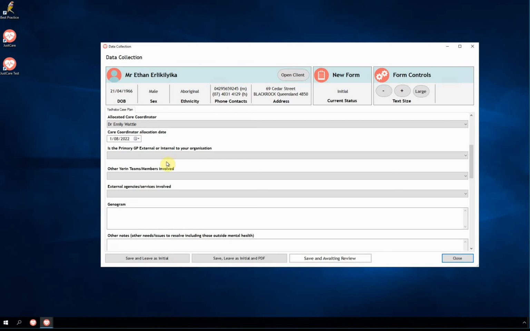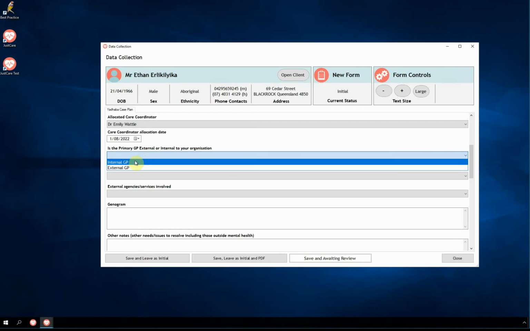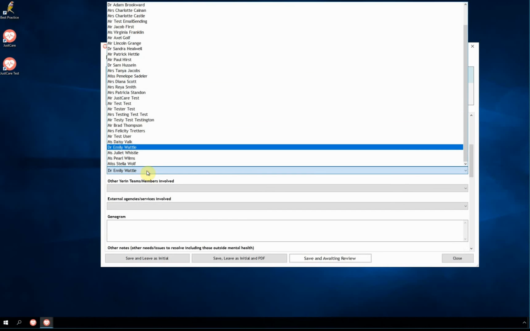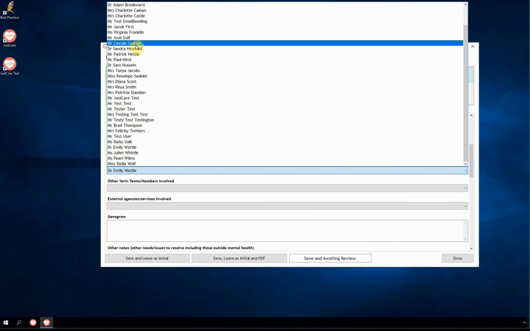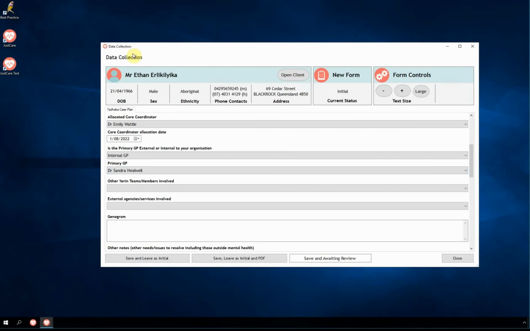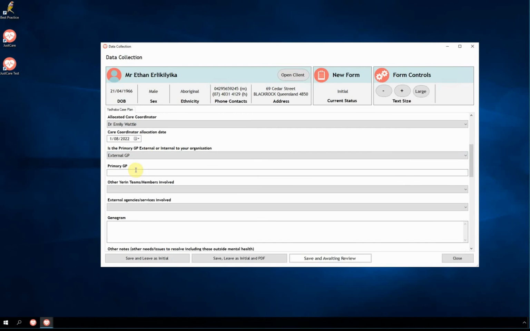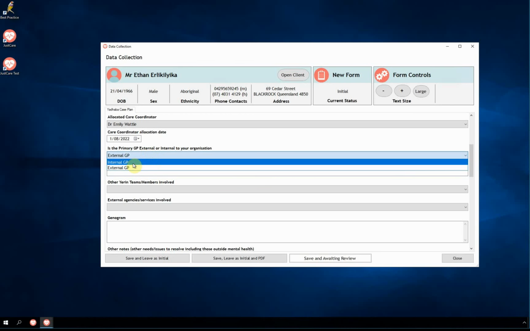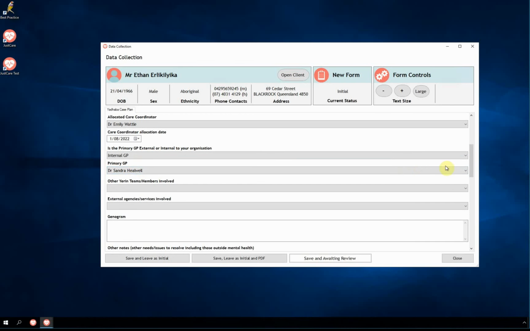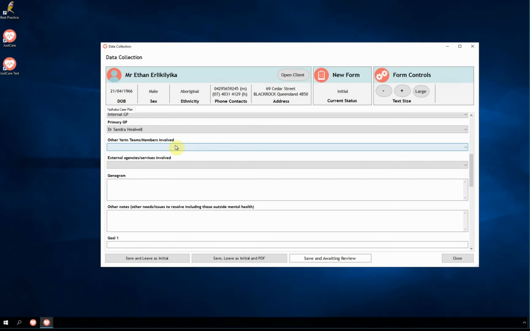So the first question here, we want to know whether the GP is internal or external. In the case here, we're just going to choose internal, and we get to choose someone from the practice. So we'll choose Sandra, for example. If you'd chosen external, the possibilities are endless, and we've given you a free text box. So depending on the choice here, you get to choose drop downs or plain text,